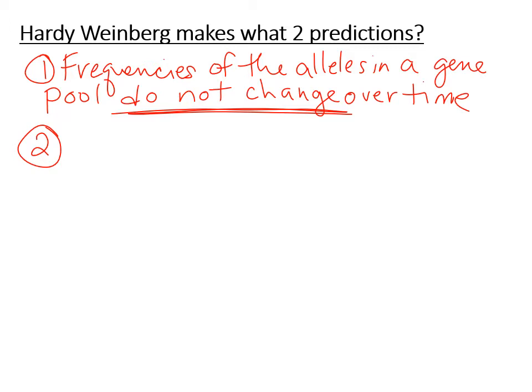Okay, so first I'm going to write down what I just said, and then we'll take a look at the actual equation. So if two alleles are at a locus,